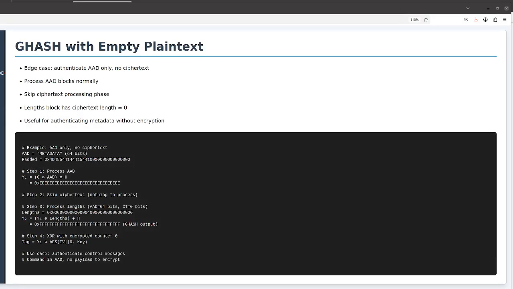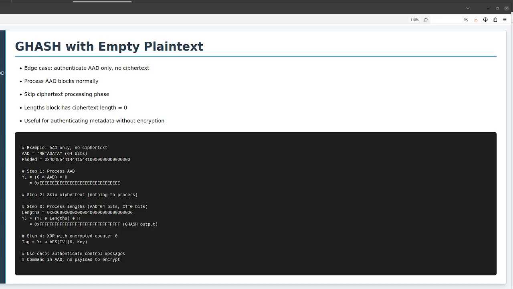GHASH with empty plaintext. Another edge case is when the plaintext is empty, meaning you are only authenticating AAD without encrypting anything. This is less common but perfectly valid in GCM. Let us see how GHASH handles this. When plaintext is empty, ciphertext is also empty because there is nothing to encrypt. The ciphertext length is 0 bits. In the GHASH computation, you process the AAD blocks normally, then skip the ciphertext phase, and go straight to the